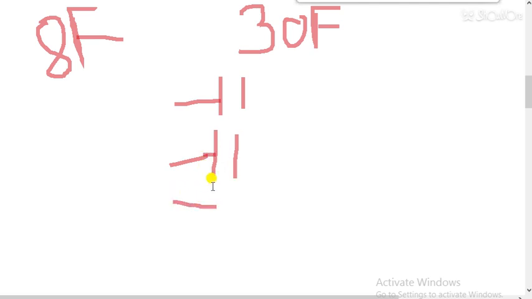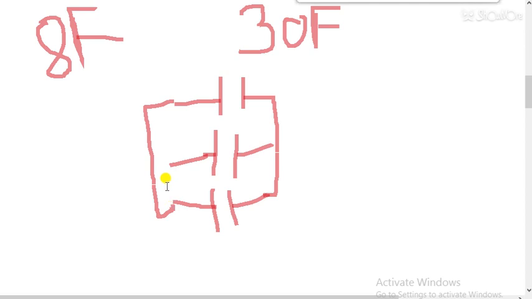So here I have connected 3 in parallel. So this will give me 24. What I can do else is I have to get